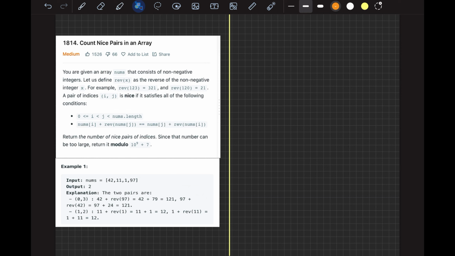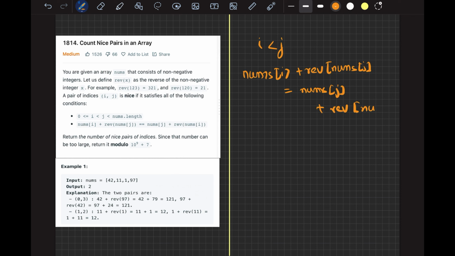By nice pairs it means that for any index i and j, where i is smaller than j, what should be there? The nums of i plus reverse of nums of j should equal nums of j plus reverse of nums of i. So this is the question, and reverse is the function which just reverses the order of